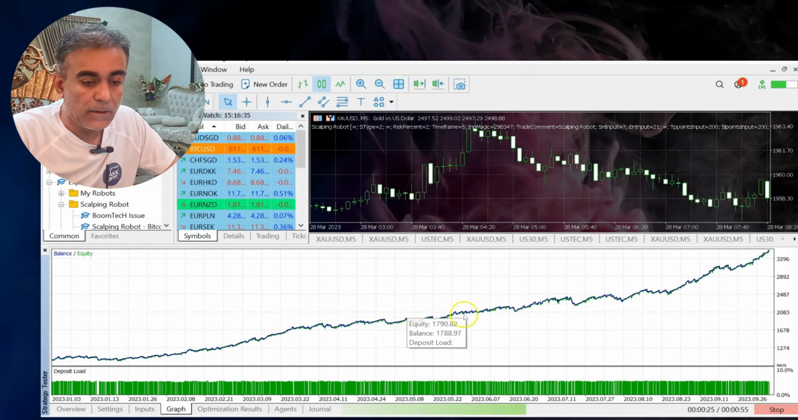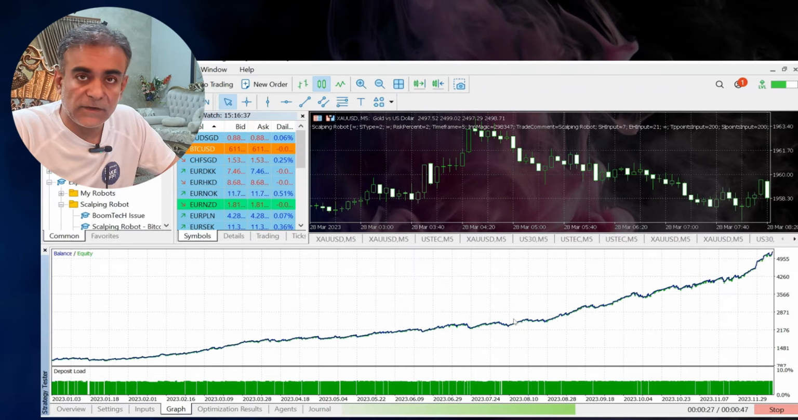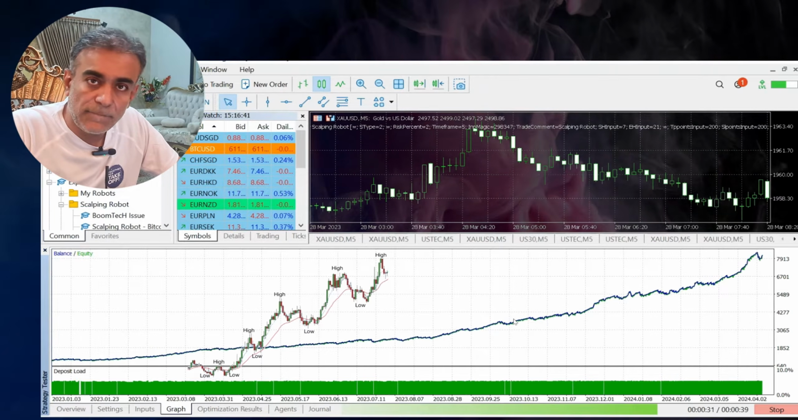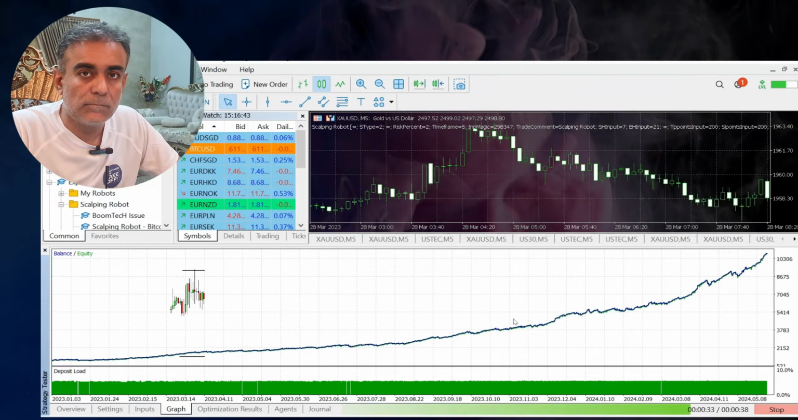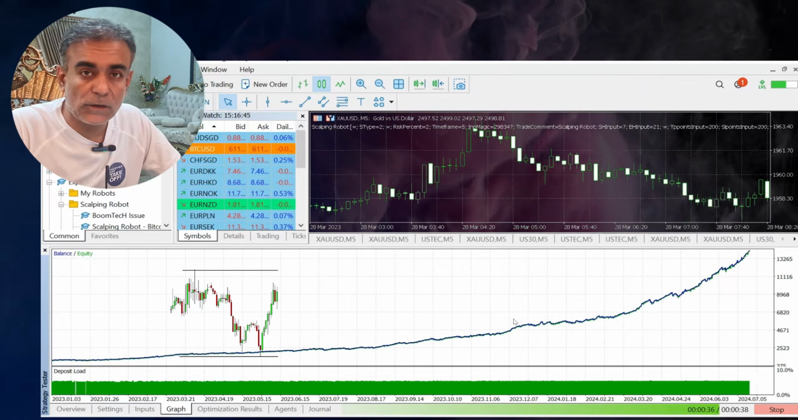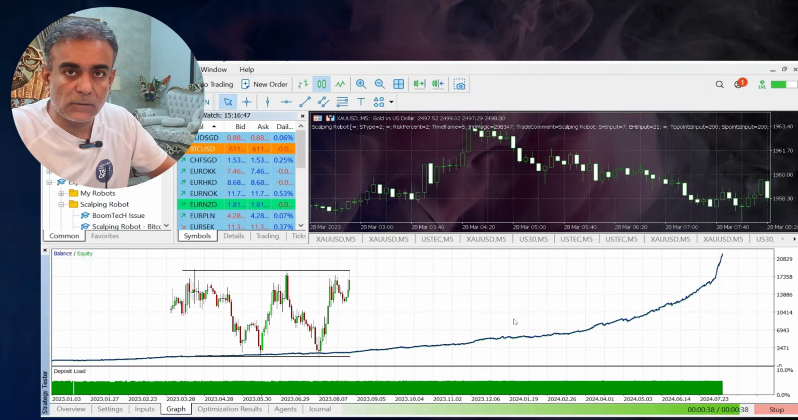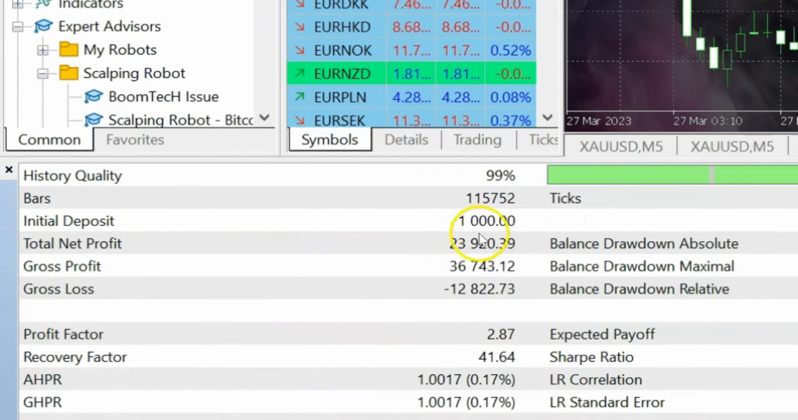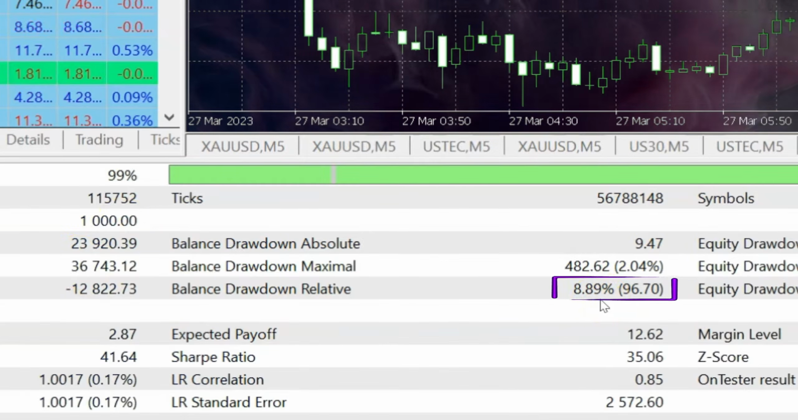consecutive losses. But overall, the performance of the EA is up and up. During the trending periods, the EA is going to perform very, very well. During sideways market, chaotic markets, sudden volatile markets where it goes up and down very, very quickly, the EA will struggle. If we look at the backtest results, we started with a balance of €1,000. We're ending up with around 24,000. Almost 9% relative drawdown,